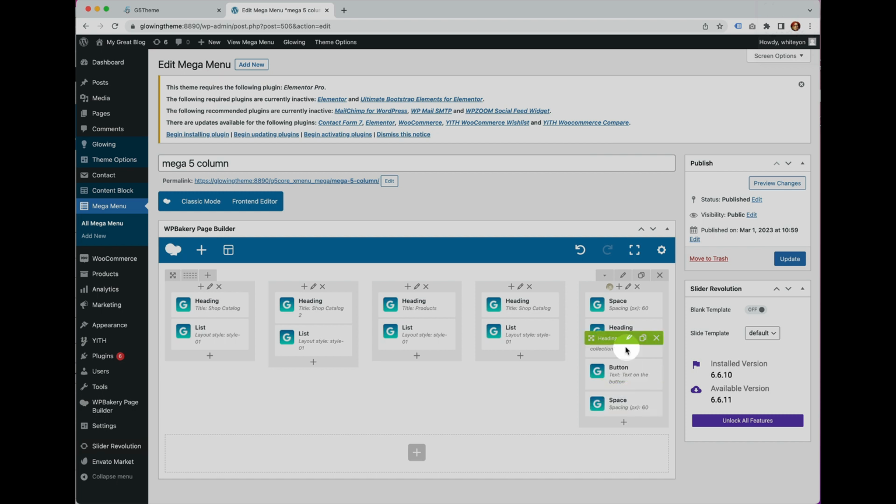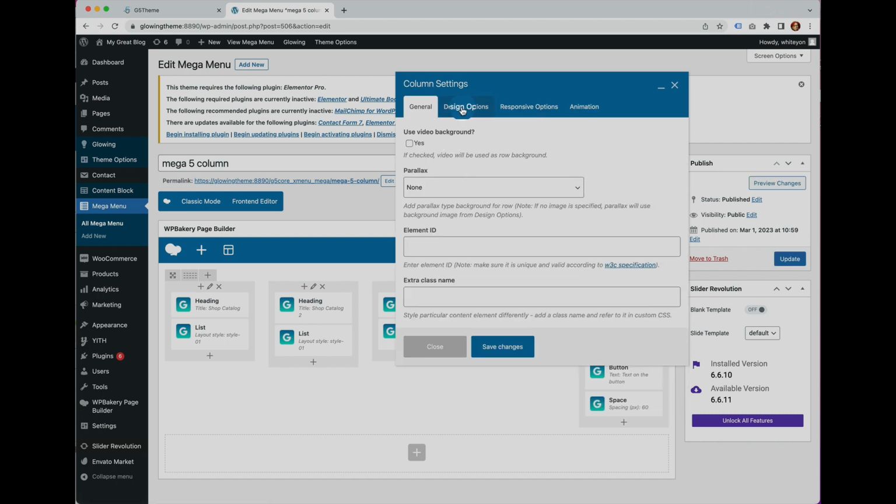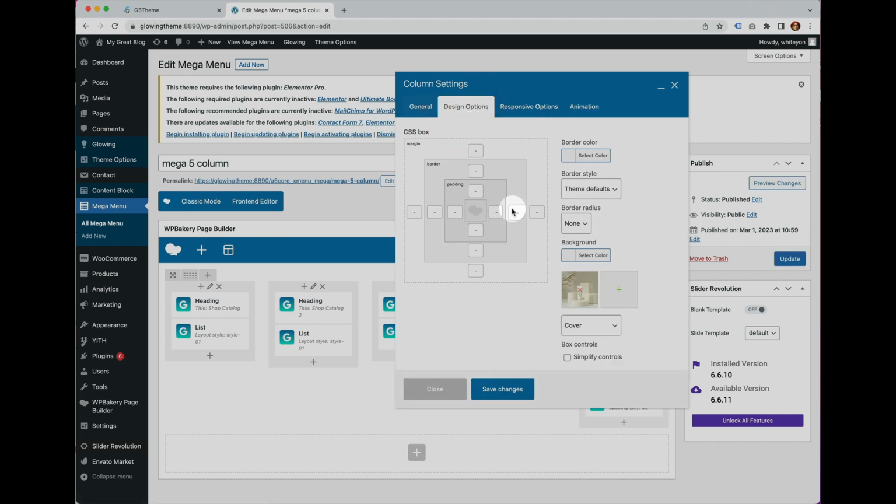And what I need to do is just tweak the spacing and the positioning of the image to make it fit correctly within the column. So if we go back to the image for starters, go to design options. We've got our image. We may need to move this around or select a different image to suit, but what we can do is add in 15 pixels around the image